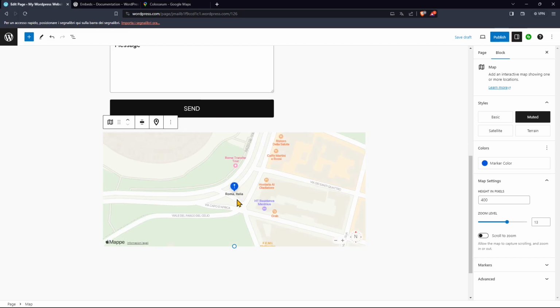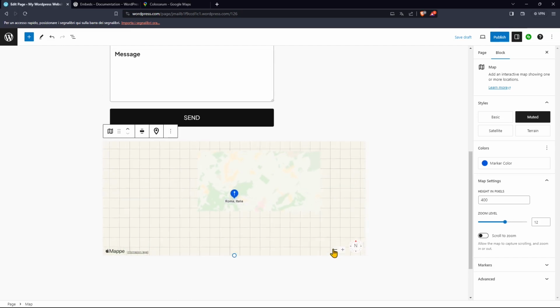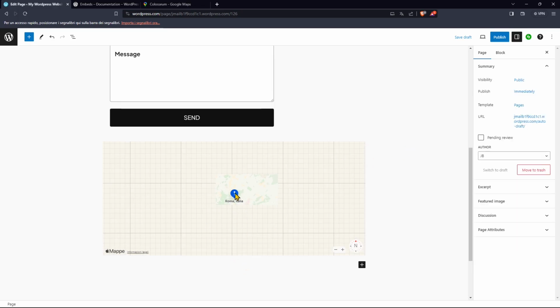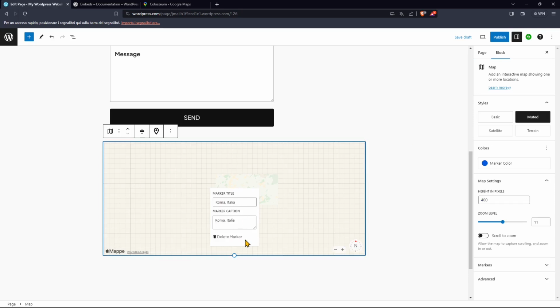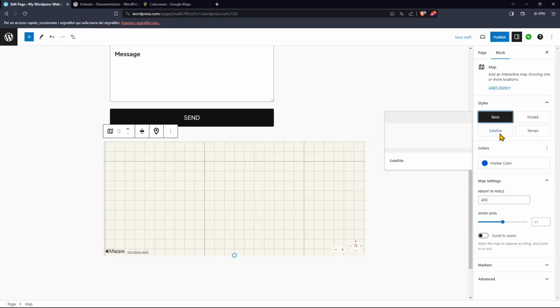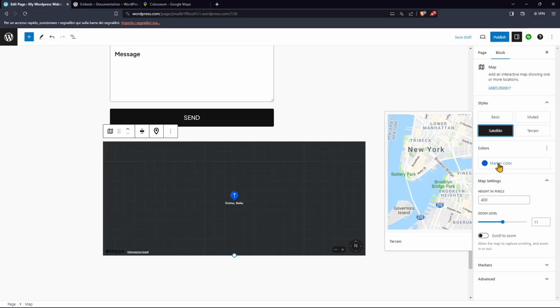I'm going to go here and I can change the zoom a little bit. There you go. So let's say that this is going to be my map. That's going to be the marker there, and that's it. And also you have here, as you can see on the right side, different possibilities like basic, satellite, terrain, and